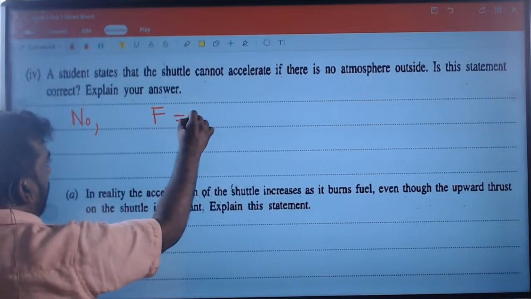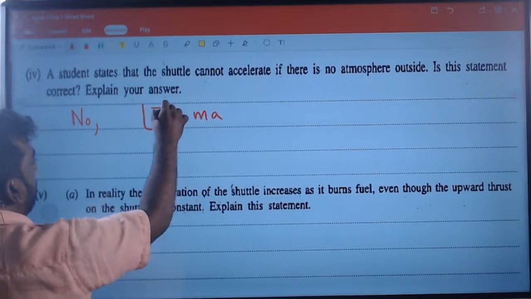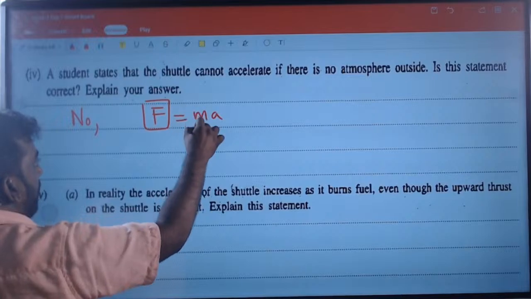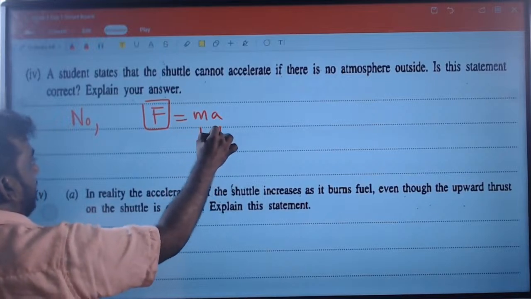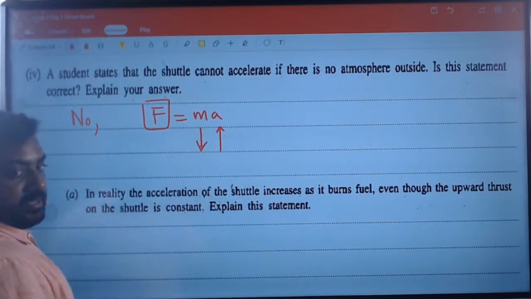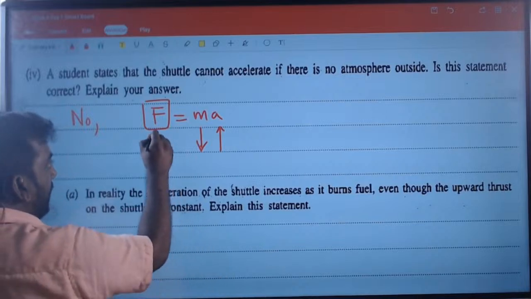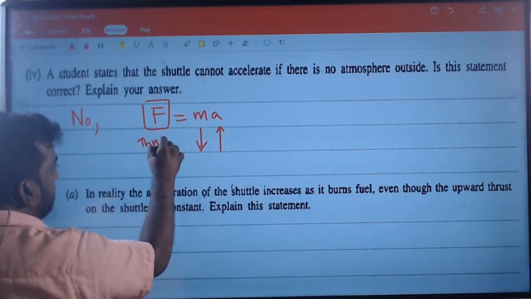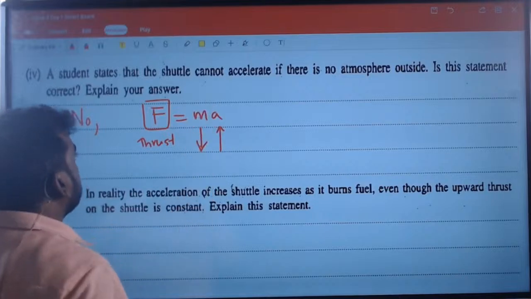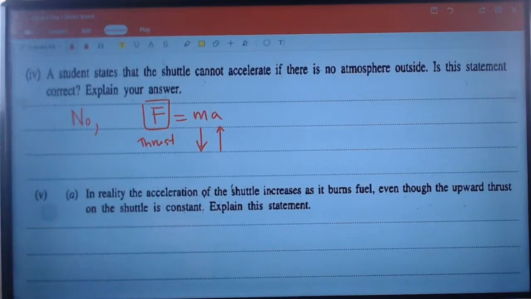F is equal to ma. When you burn fuel, mass reduces, so acceleration will what? Increase. So the more you burn fuel, with thrust constant, acceleration will increase. Right? The more the fuel is burned,